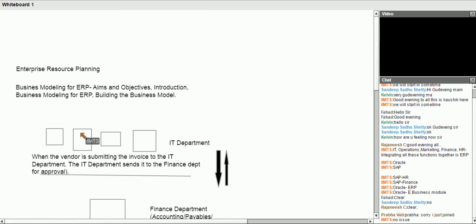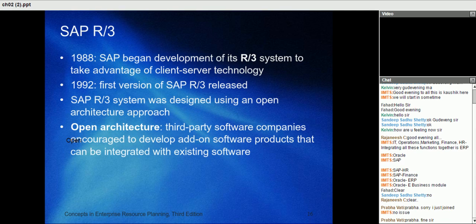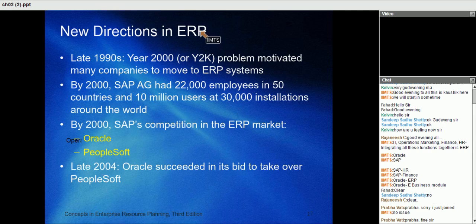Our today's class is on enterprise resource planning. The topic we are covering in today's class is business modeling for ERP. So our basic focus is business modeling today. So slowly